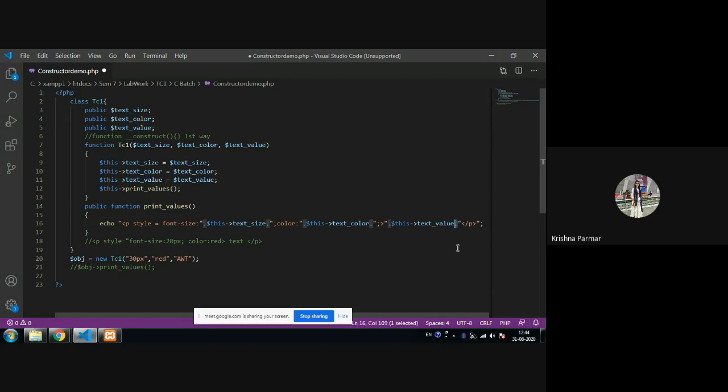Are you clear, Riddhi? If you are not getting it, you can present your screen also. Okay, now also you are not getting it. If it is feasible, then you can present your screen. What about Komal?